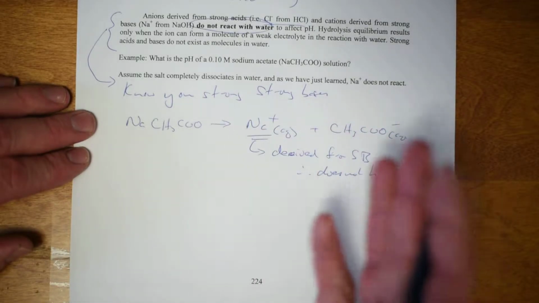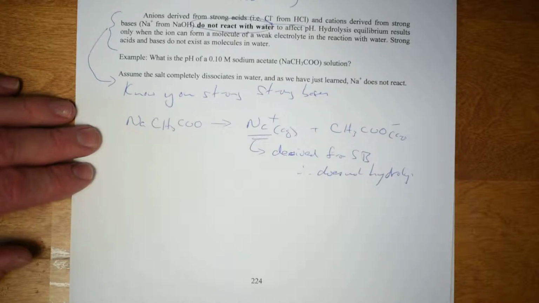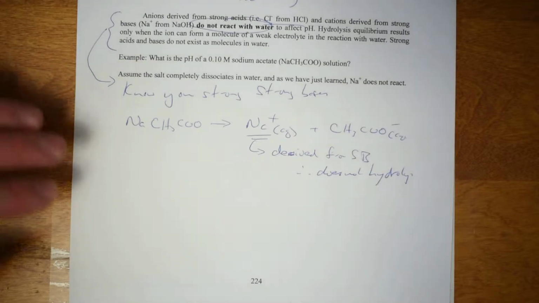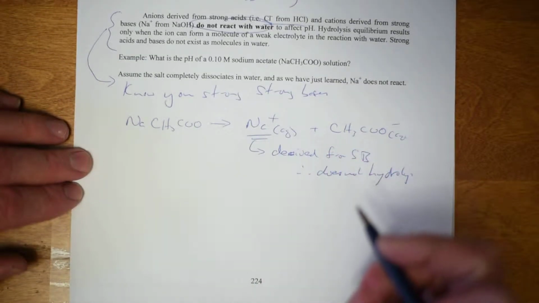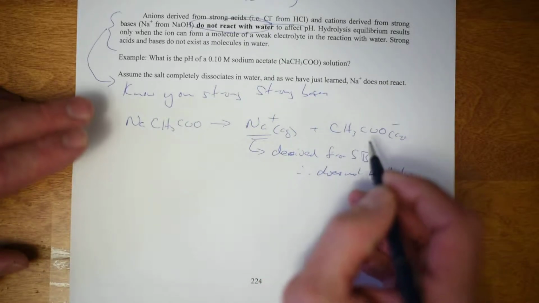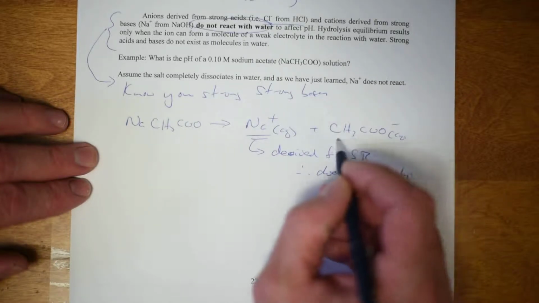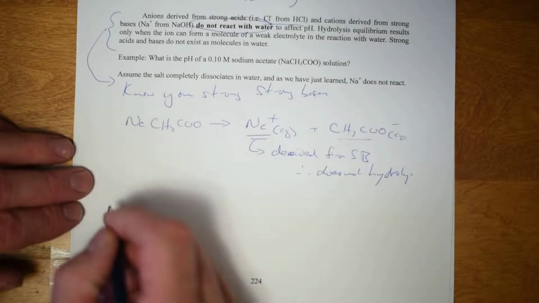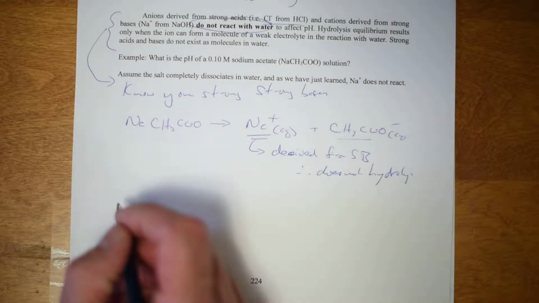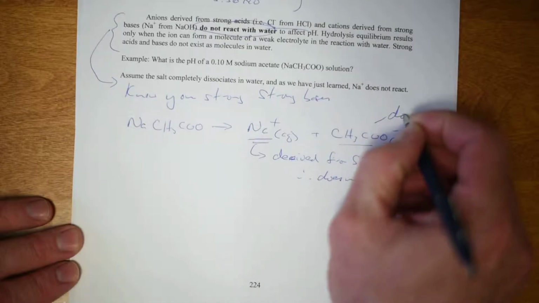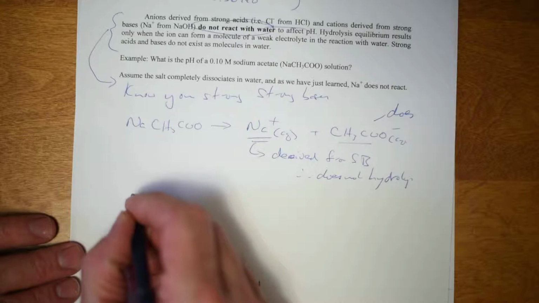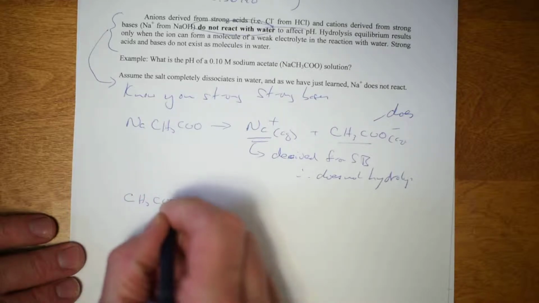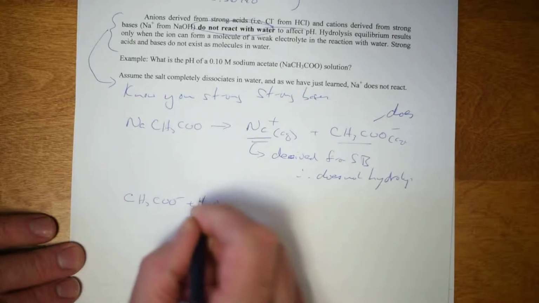So sodium hydroxide, potassium hydroxide, those kinds of things, calcium hydroxide, they completely break up in water. They're not strong enough to pull the H off of water, or the OH for that matter. This one is strong enough to hydrolyze, okay, and so this one does hydrolyze, all right, and so what we do here, we say CH3COO minus plus water, so it's going to pull a